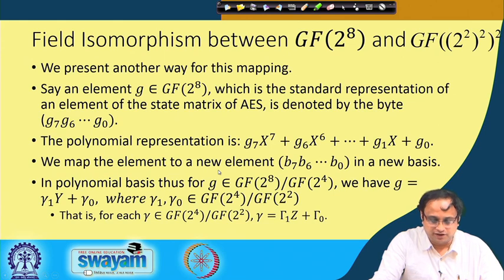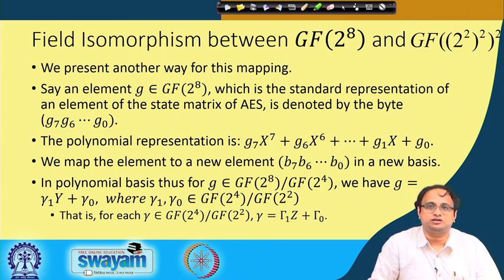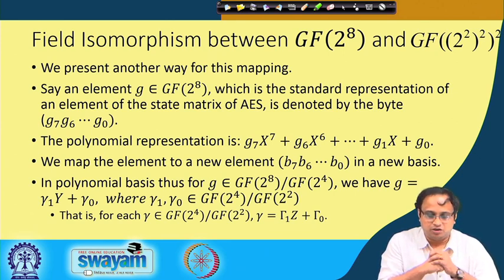So, finally, we have understood the underlying field operations. Now, we need to put them together. Remember that what we will be doing is first realizing the topmost circuit in GF(2^8), and then all the underlying operations we will be doing by the equations that we have studied till now. One thing we still need to discuss is the field isomorphism between GF(2^8) and GF(((2^2)^2)^2). Of course, we have seen a few techniques in the previous class. In Canright's paper, there was a very nice technique which we can also adopt here.